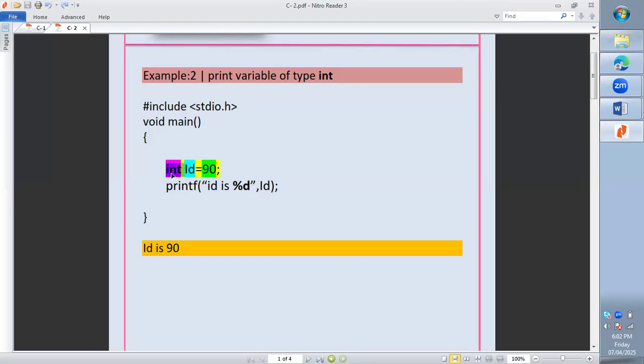So there are different data types provided by C programming. int is one of the data types. int is for integers, that is whole numbers which do not contain a decimal point. So int variable name equal to 90. And whenever we are using printf, we need to include stdio.h, the standard input output header file. This is included in order to use the printf function, because printf is a predefined function which is present in